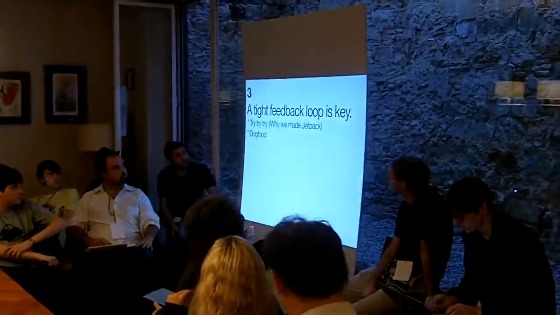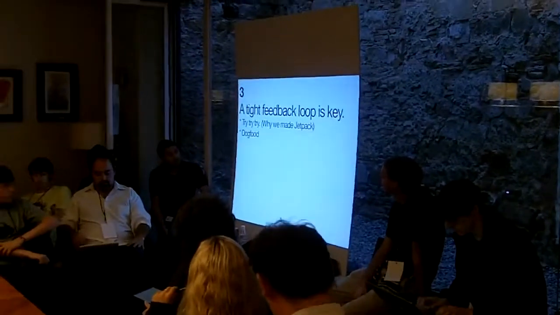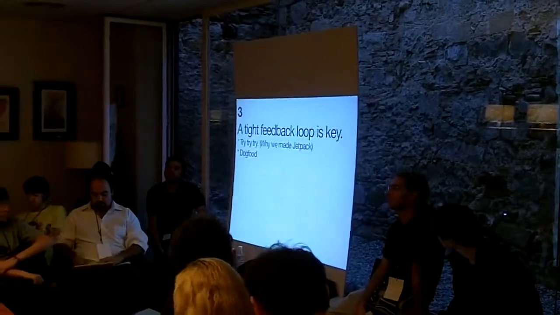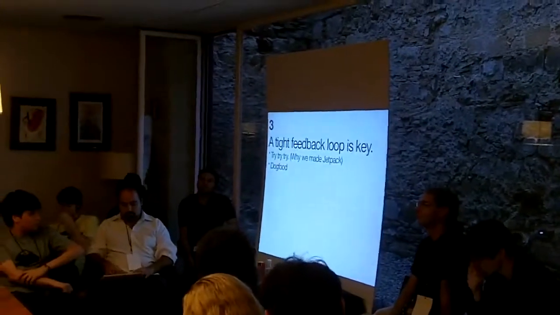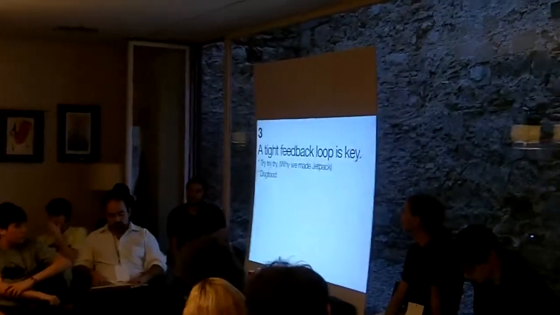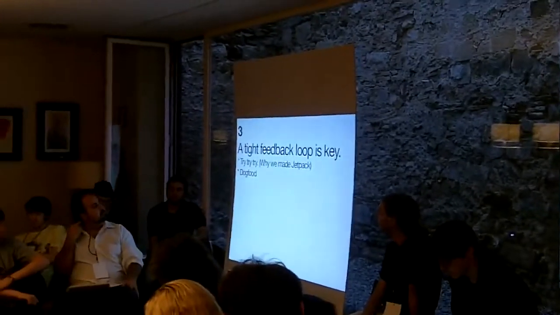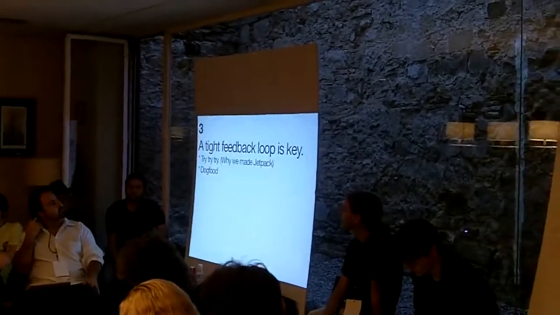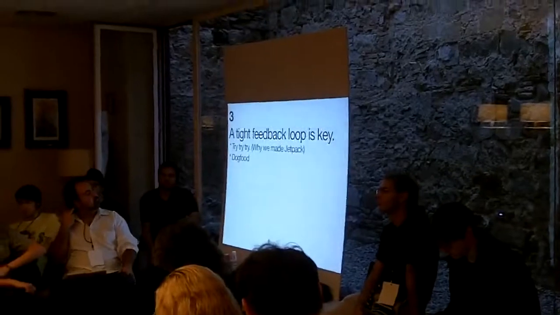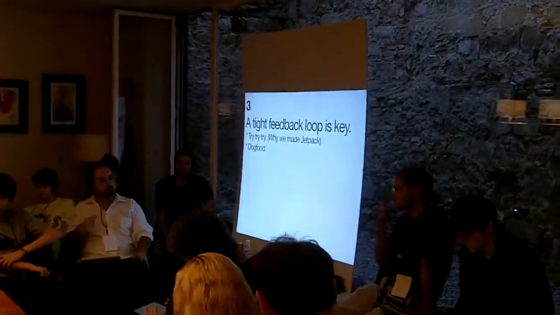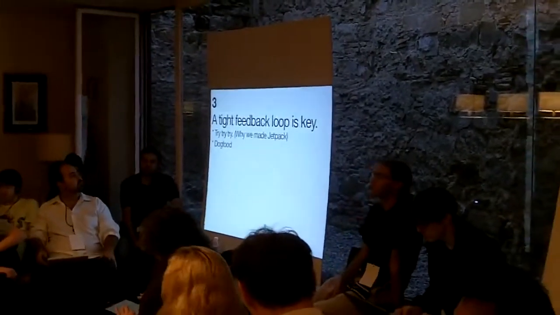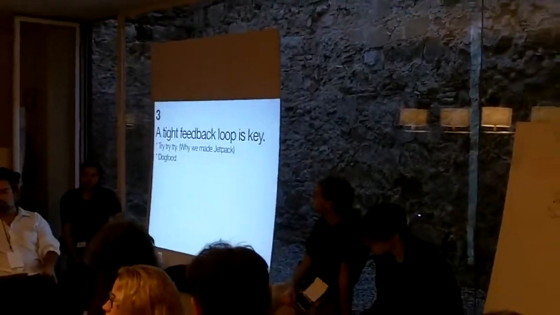Number 3, whenever you're making a prototype, a tight feedback loop is super key. This is why I love working on the web. You have to keep trying it and trying it and trying it. And any way that you can start getting the simplest functionality to where you're using it yourself, dogfooding, is necessary. Again, it's because you don't know the problem you're trying to solve. You're going to get it wrong. So if you're using it, you'll be your own worst enemy, but also your own best friend.